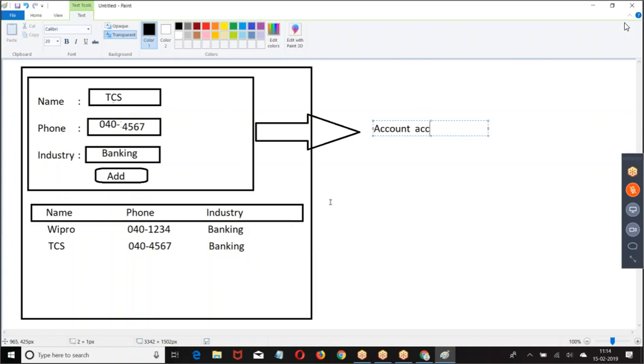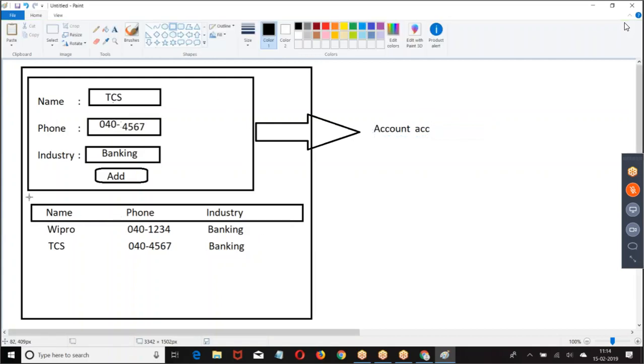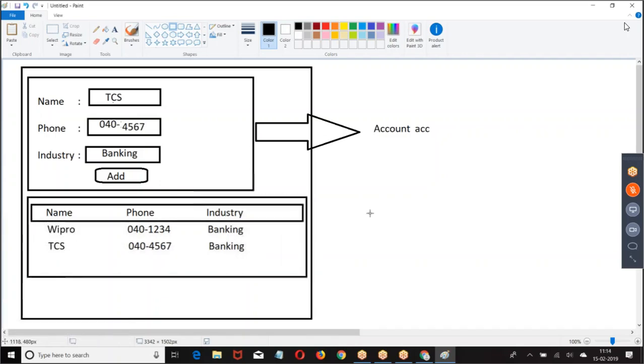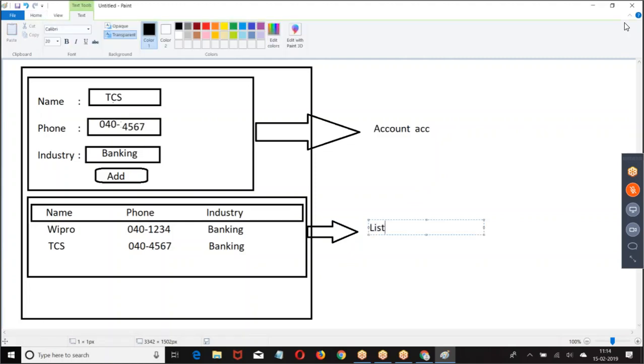If it is an account, what will this list be? A list of accounts. So I enter the account data, click on add, and that account is added to the list. Display them on the page. One more account, add it to the list. So we are creating a new element, adding it to the list, and trying to display the list.